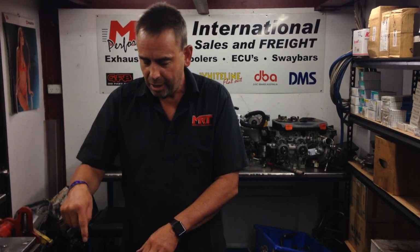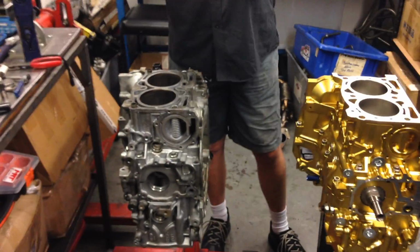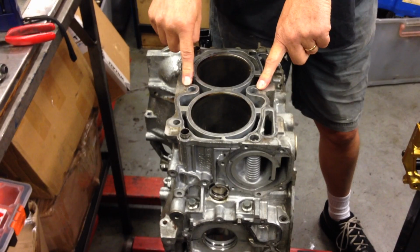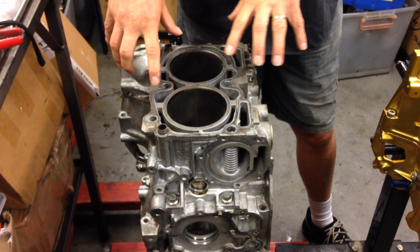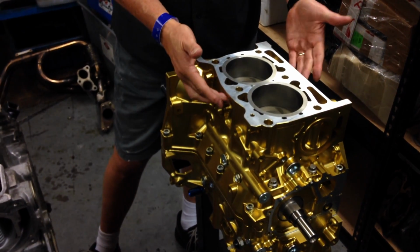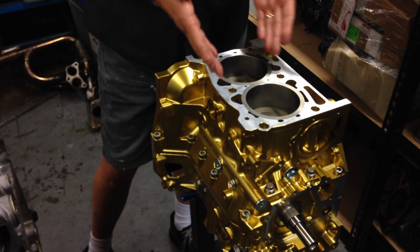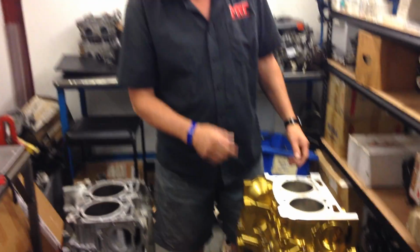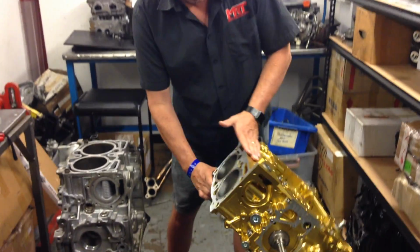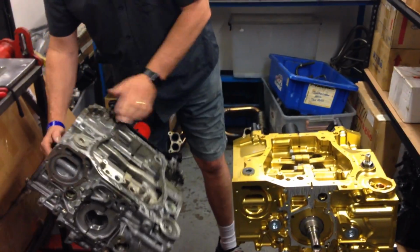The downside, again, when you machine these holes out to run bigger head studs, or what typically a lot of people run are 14mm head studs, you're again taking away the parent material, whereas with this block assembly you've got so much more parent material to play with, and of course the block comes pre-machined with those types of threaded holes already. So let's just turn the block over again one bit more,